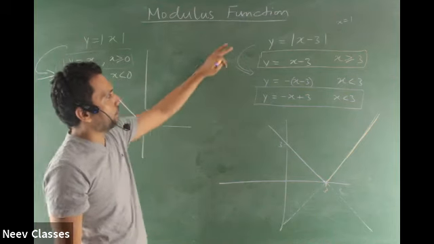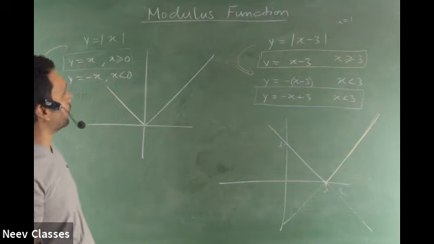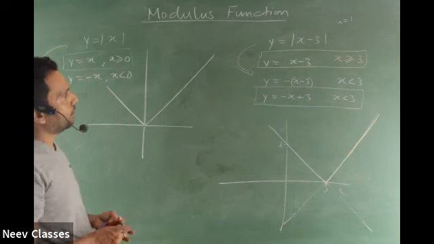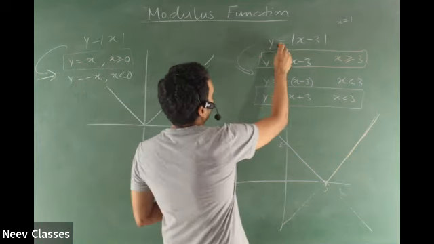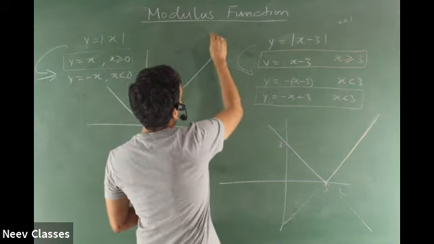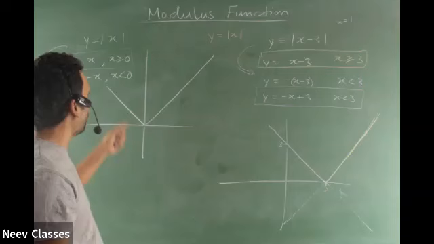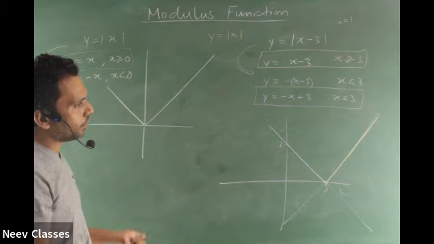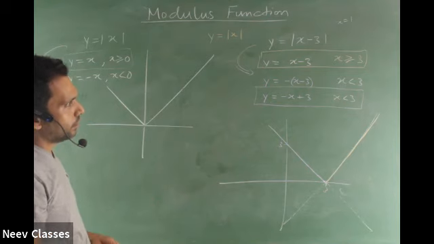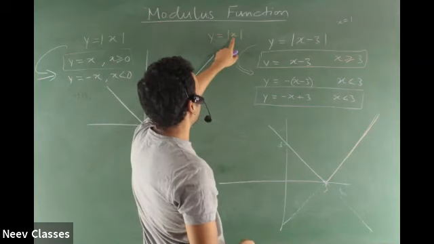But obviously we will not be doing it this way. Why? Because we have learned the transformation. We will say this graph is a modification of y is equal to mod x, right? And God knows what mod meant, but the mod graph was given like this. Maybe they didn't even give you the definition or what it means. The graph is given. Mod means what? We don't even know.